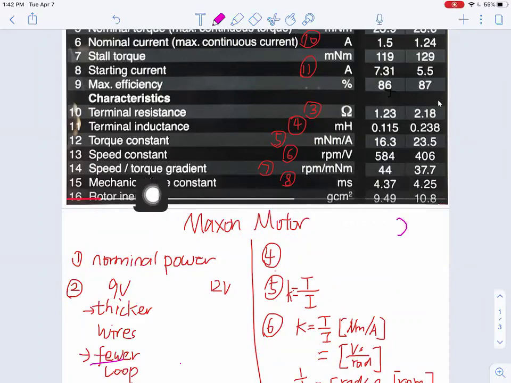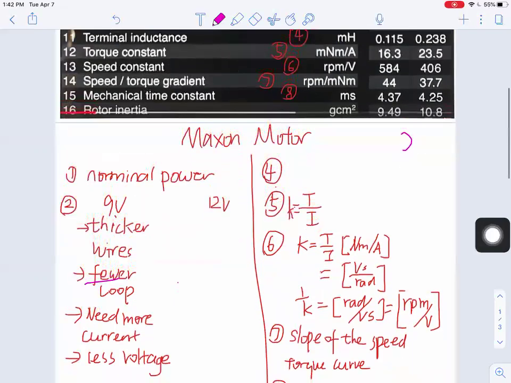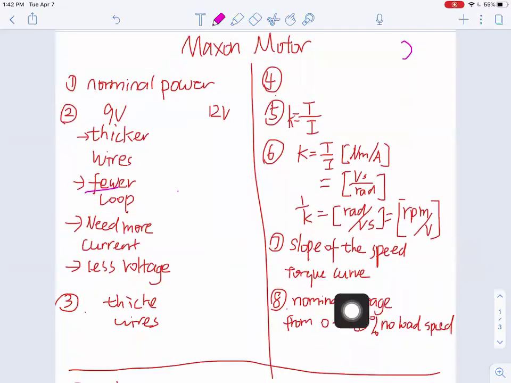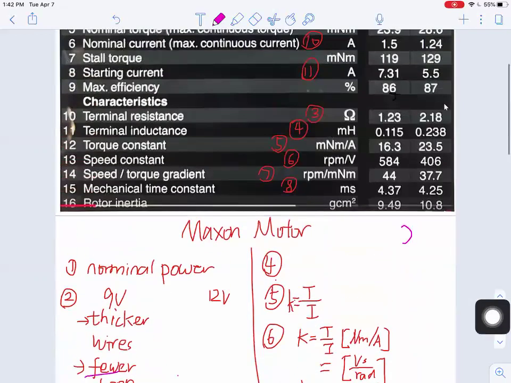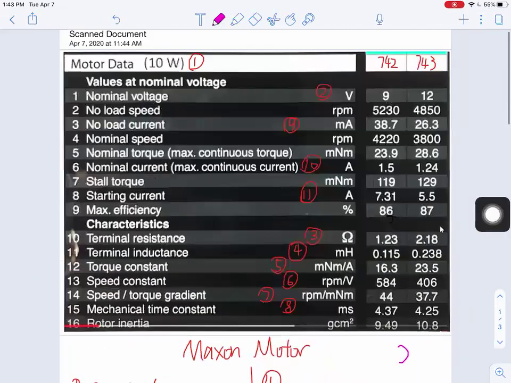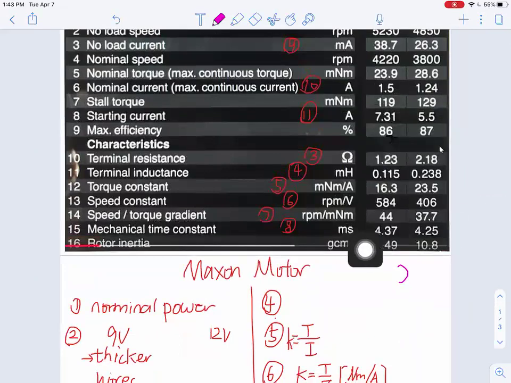So that's what this speed torque gradient is for. And next here we have mechanical time constant. As you see, it has the unit millisecond. That's the time it takes if your motor starts from 0 RPM and you give it a nominal voltage, which is either 9 or 12 volt in this case, and it will take, for the 9 volt motor,